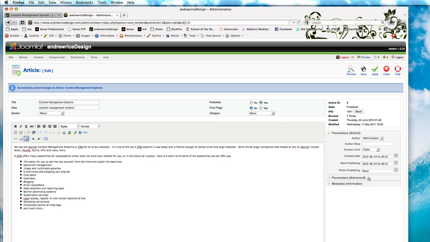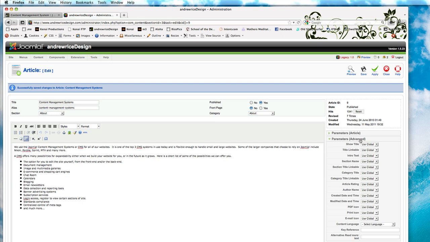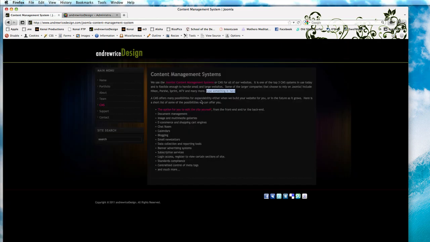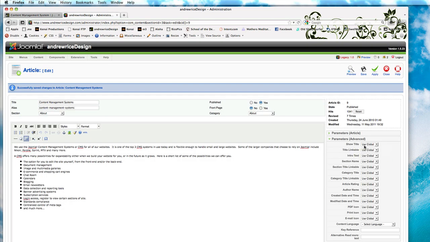These parameters I have set to global. And usually these are things you don't really want to change, but I'll show you what they are in here. This is usually all set up when we develop the site. So for the front end right now, we don't have any of these icons, and this is kind of the area where they're going to show up. Okay, so some of these parameters can be adjusted for this article alone. They can be set globally, and I have done that already. And globally, I've chosen to hide